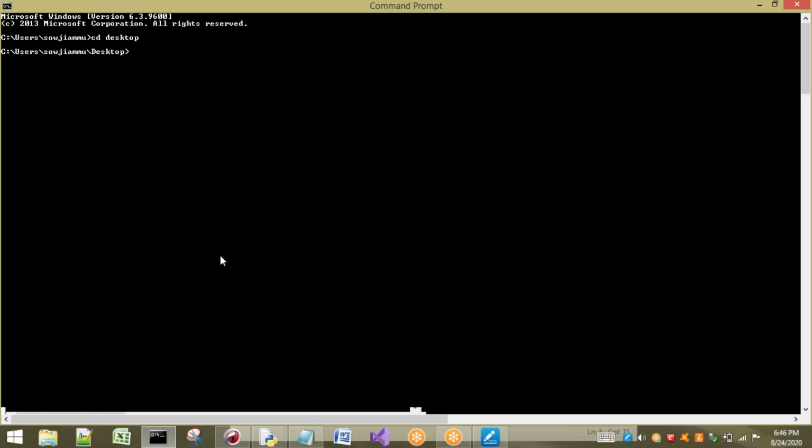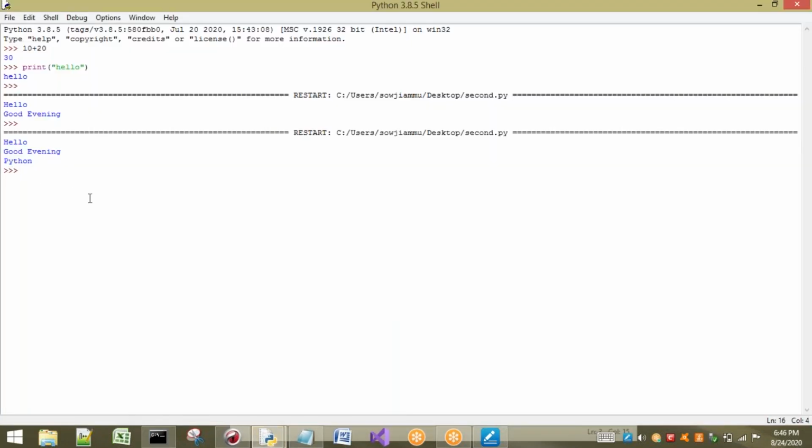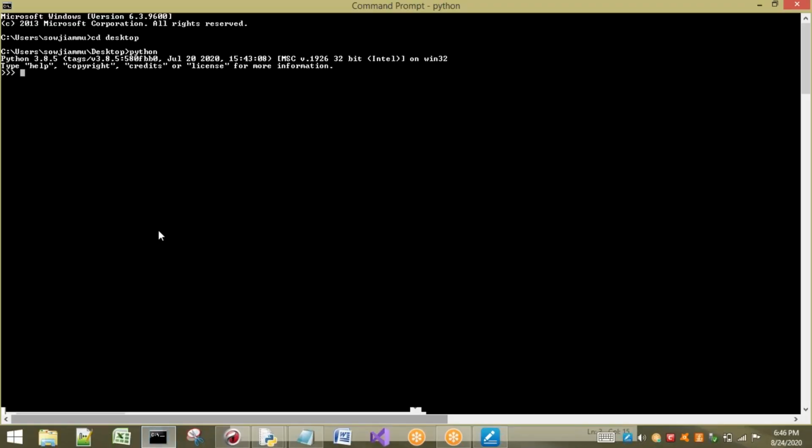Now, which type of programming do we want to execute? Python. So just type python here, and automatically a shell will be created. A new shell is going to be created, in the same way we executed in the Python shell. See here, in the same way we can observe it in the command prompt also.